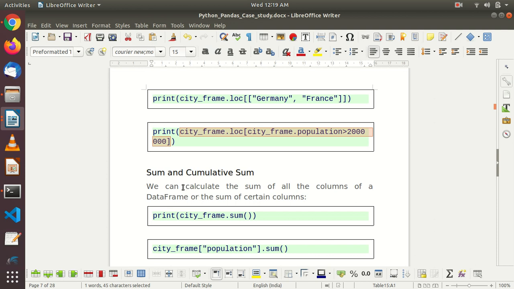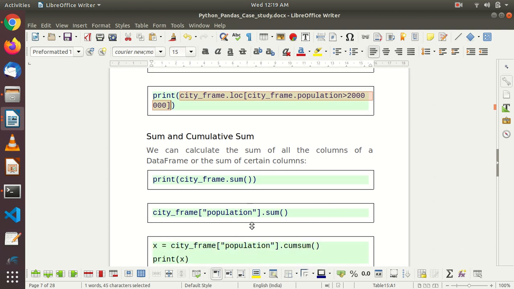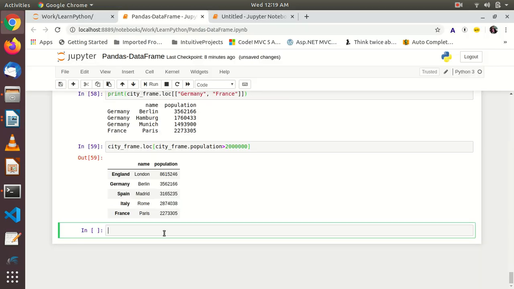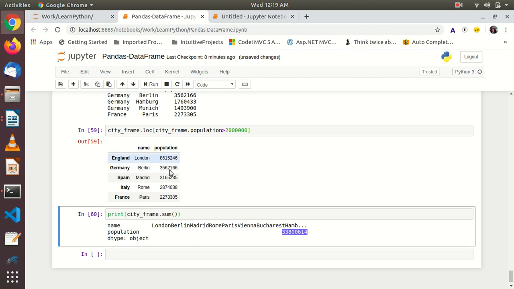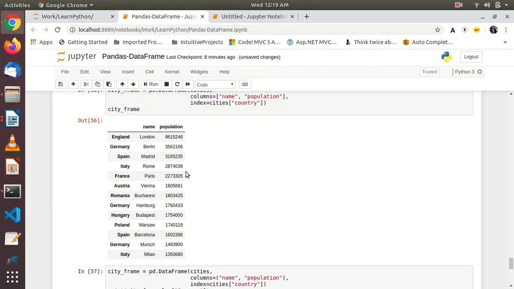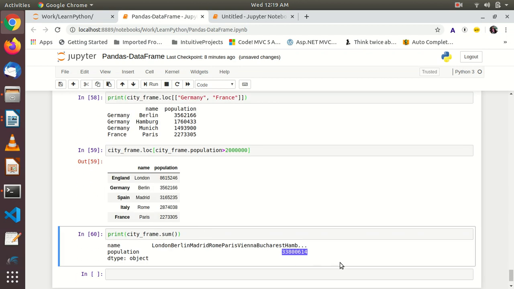Sum and cumulative sum. We can calculate the sum of all the columns of a data frame or the sum of certain columns. Let's say I want to sum all the values. So see, the name column stays as it is because it's not going to add anything. Population, it's added and given you all the values. It added all the populations from here. Okay,